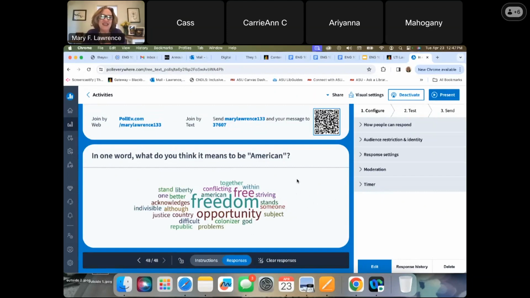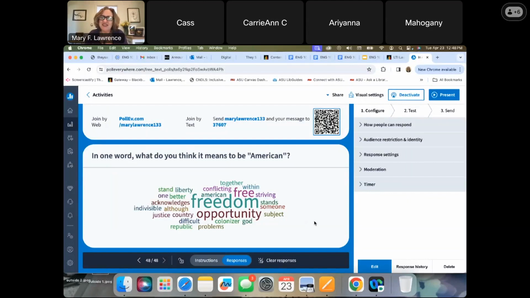But there are also different ideas related to that, like conflicting, colonizer, problems. Some of these were phrases, because if you have more than one word, they get broken up, but we have stand, liberty, one, better. I'm not sure what the acknowledges and the one, better were, but indivisible, justice, country, again, these other negative ones, republic, American, conflicting, together, within, striving. So I get a feel for maybe those